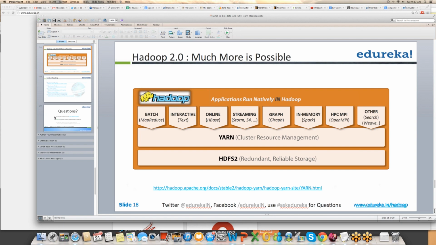So you can write very simple queries like you would do in your normal business scenarios. You don't have to do a lot of programming there. And this will be converted into MapReduce, which will be run on Hadoop in turn. So you don't have to really worry about programming for Hive or Pig. Pig also has a data analysis language, which is very simple. It's called Pig Latin. We cover both these languages in detail in the big data course.